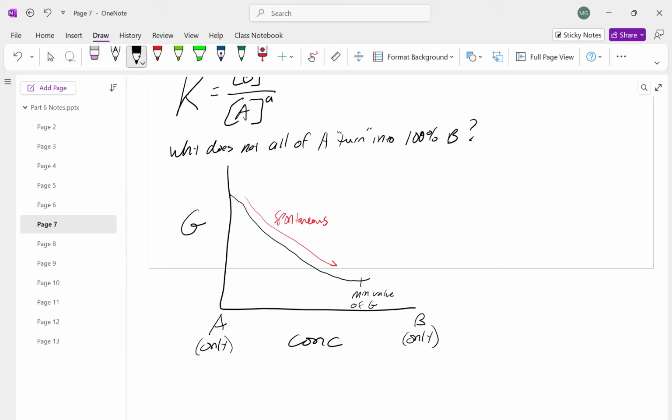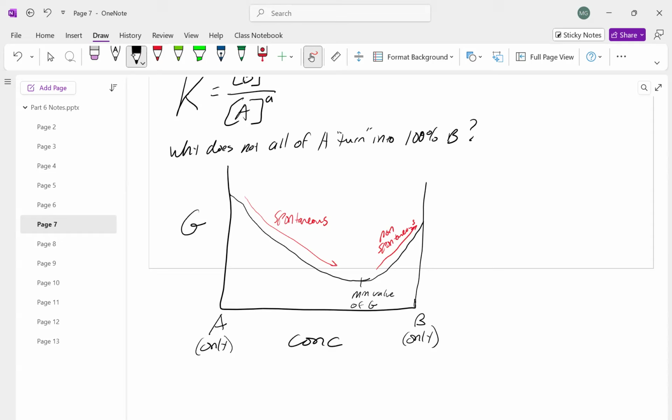At some point, that value starts to go up if we're going to form 100% of B. And going up on this graph is a non-spontaneous process. So at some point, after that minimum value of G is reached, the reaction becomes non-spontaneous. And so obtaining that 100% of B is not favorable. We could get it to happen if we adjusted reaction conditions and overcame that non-spontaneous phenomenon,